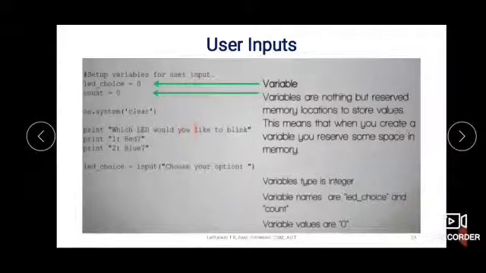Okay, so that input we are taking, that is user input. We will accept the user input, which LED the user wants to glow. So a user will enter 1 for making the red LED blink, or the user will enter 2 for making the blue LED blink. After looking at this message, the user will enter some value which will be accepted by the input function. The input function is telling choose your option. So that message will be displayed and the user input will be accepted, which will in turn be stored in LED choice.